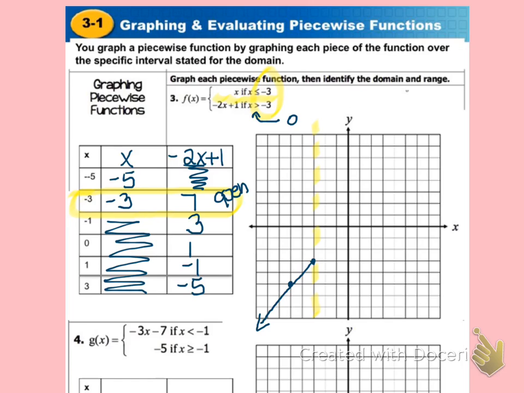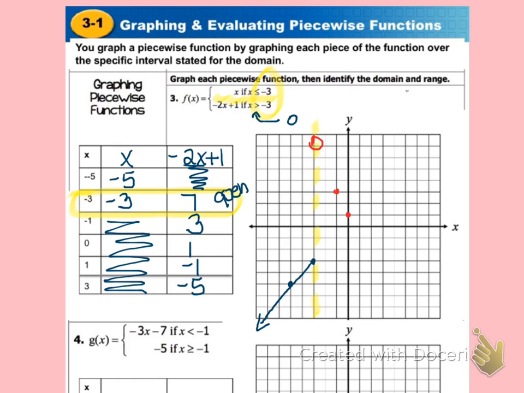So now I'm going to go on the other side of the graph, of that boundary line, and I'm going to graph this other piece. I'm going to graph the point at -3, 7, which is right here. But notice I used an open dot because technically that point doesn't exist there. This graph doesn't actually start until just past that boundary line. So then the next point, -1, 3, 0, 1,